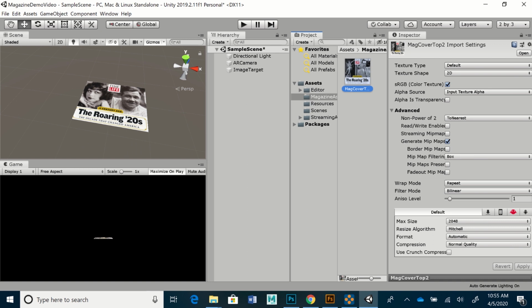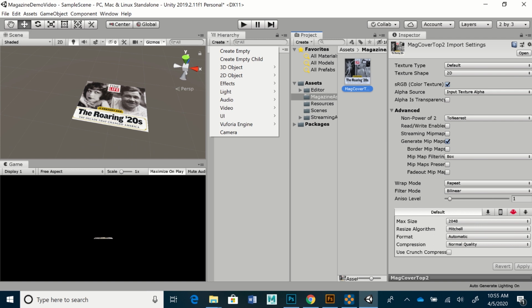Now I am going to use this as a texture map, and it is a default texture, so that is correct the way it's bringing it in. It's a 2D texture. And I don't really need to change anything about this. All of these settings are fine. So I want to place this in my scene, but I need to place it as a texture map on